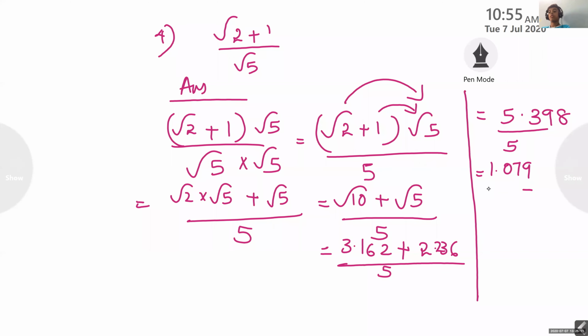1.079. Now, Surya, I hope you understood this. Yes, 1.079 is the answer. Not only Surya, all of you, if you have any doubt, you ask me. Is it clear for everyone? Yes, ma'am. Can you see the board on the right side where I have written 1.079? Yes, ma'am. Shall I raise the board now? Yes, ma'am.